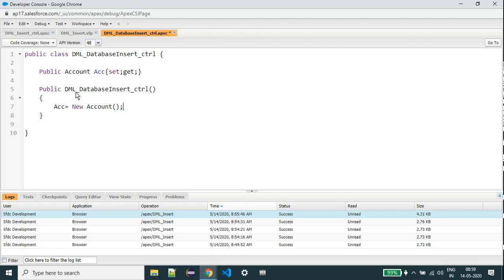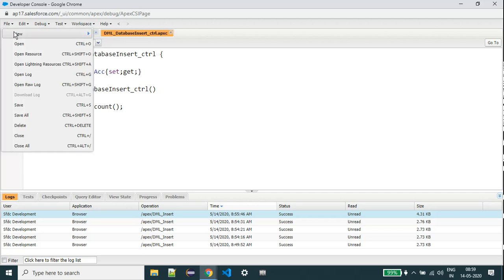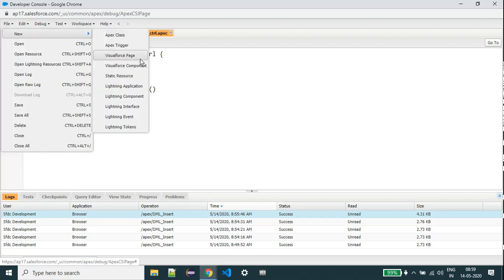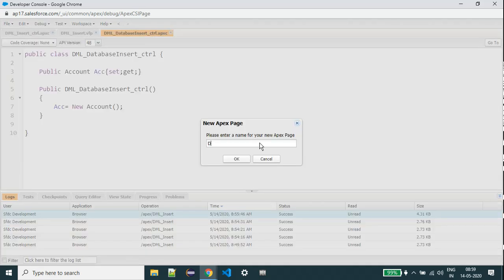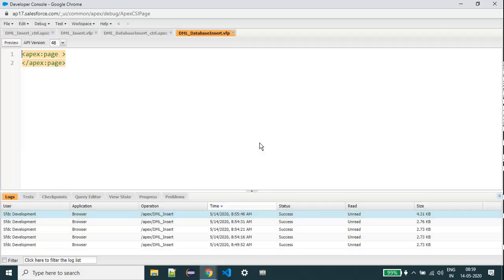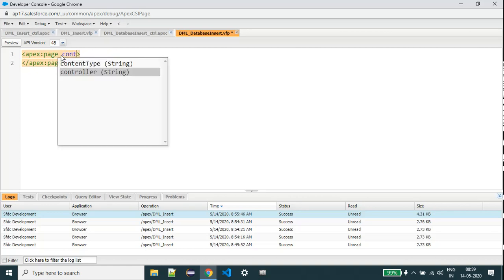Now we are coming to the Visualforce page, DML_database_insert. Here we are going to define the controller.